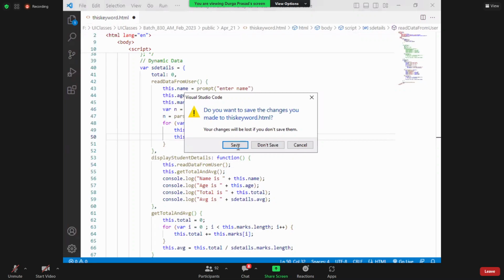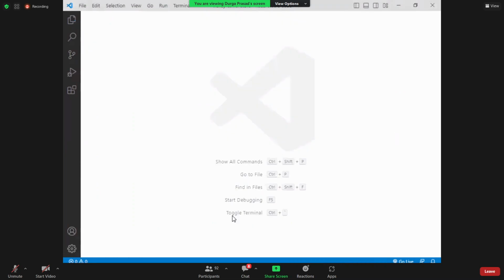What else? Now you're clear with the this keyword. You guys have wasted the time by having other discussions. Okay, we'll do one thing. We'll pause it for today. And the next concept we have is